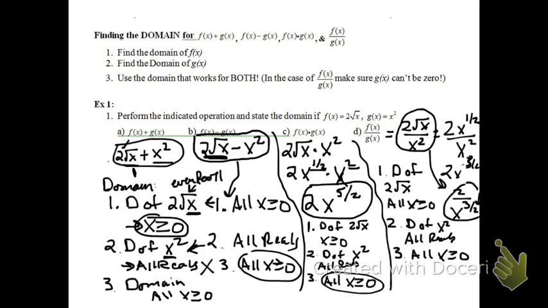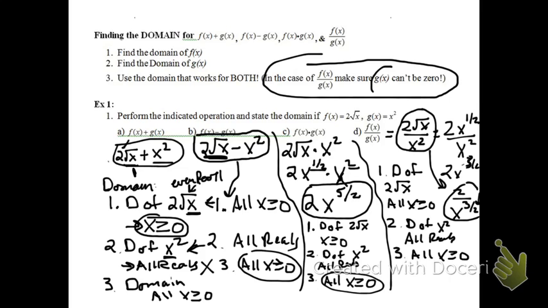However, if you take a look at the top, in the case of f of x over g of x, we have to make sure, in addition, that g of x cannot be equal to 0 because we have a fraction and we have x values in the denominator. So I also have to make sure that x squared should never be equal to 0, and that means that x cannot be 0. Because if x is 0, doesn't that denominator x squared become 0, and I'm dividing by 0, which is undefined,